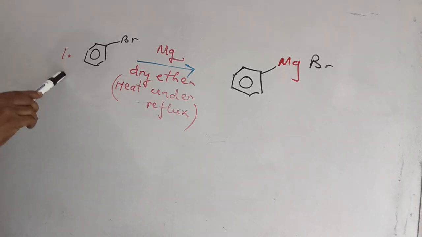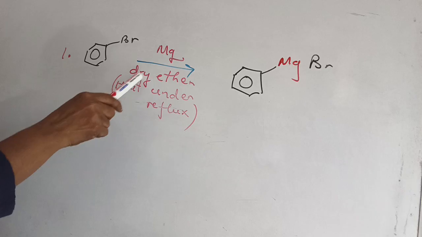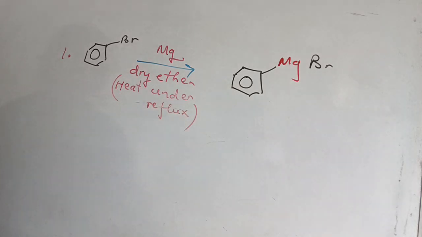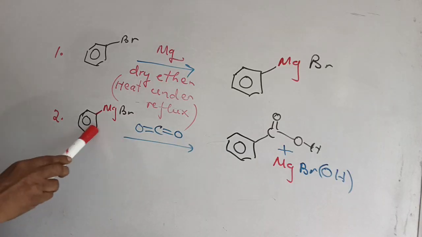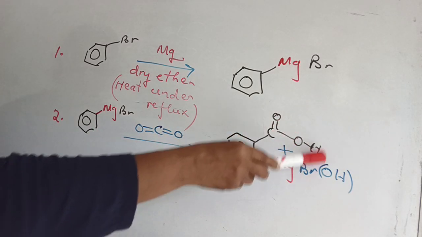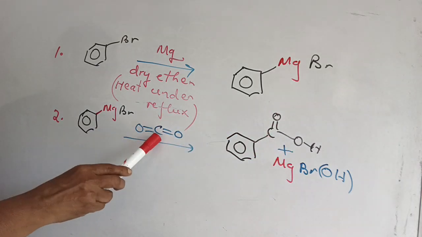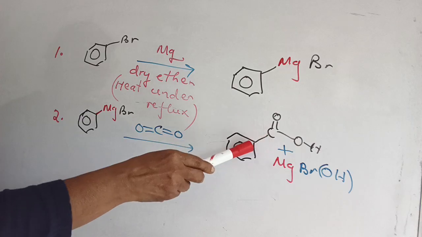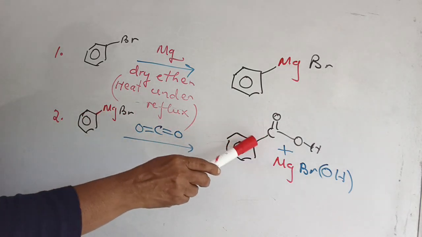The first step is to obtain the Grignard reagent, as the question asks for reagents and conditions as well as the intermediate structures. So you should go one step at a time. We first have to get the Grignard reagent. The second step involves carbon dioxide, because we need to introduce the carboxylic group. The carbon-oxygen double bond and another bond are broken and joined with the benzene,